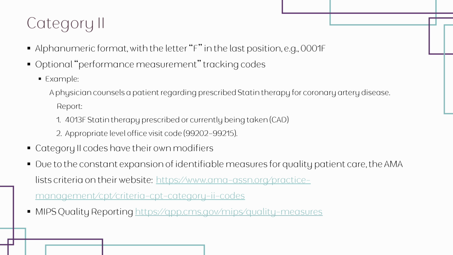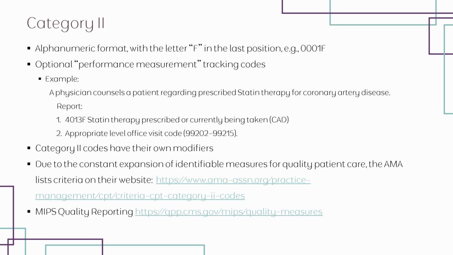Now, let's shift our focus to the Category 2 CPT codes. These codes have a unique alphanumeric format, which means that they include both numbers and letters, with the letter F always appearing in the final position. For example, a typical Category 2 code would look like 0001F. You can locate the Category 2 codes near the back of your CPT codebook, positioned directly after your medicine